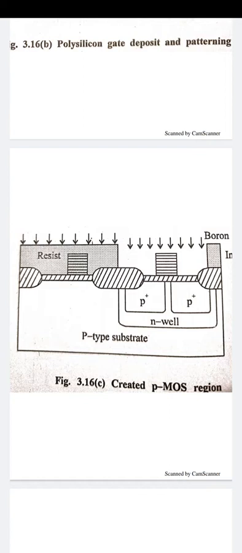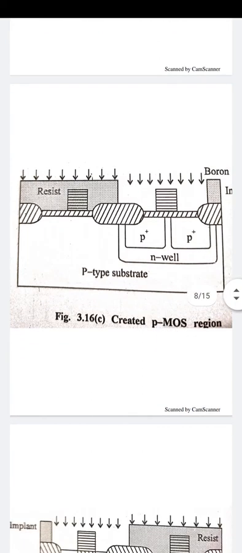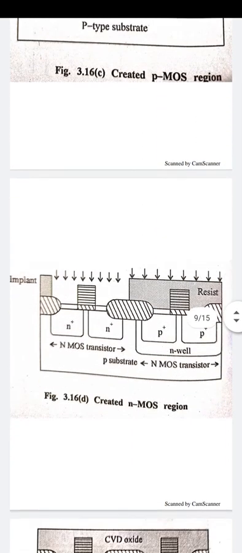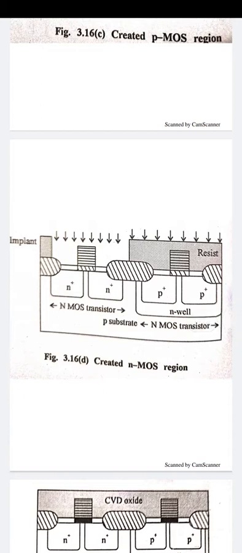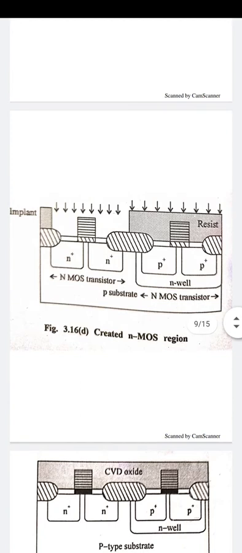In another way, at the same parallel side, we have made the NMOS transistors. For the NMOS transistors we have used the N mask. For using this N mask, the bombardment is done by the same process as before, and according to that we have used the hardened photoresist on the P side region and bombarded heavily doped N plus ions for making the NMOS transistors. So this is the way by which we have created the NMOS transistors on the same type of substrate.